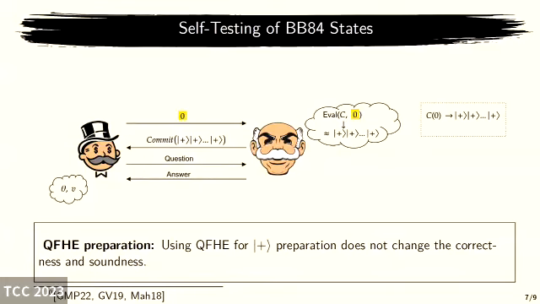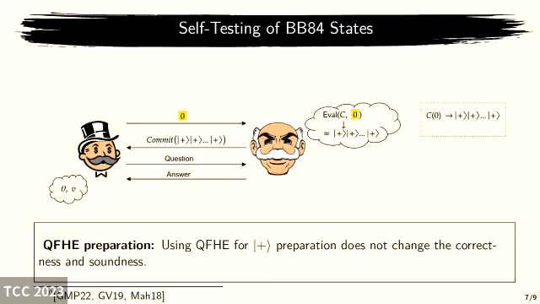The first one is that we can change the way the prover prepares these plus states. This is done by the verifier sending an encryption of 0 to the prover, and the prover evaluating, under the encryption, a circuit C which on 0 outputs these plus states. Actually what we get is not exactly these plus states because they will be masked by the quantum one-time pad, but it is close enough, and it is sufficient to show that with this new preparation we have the same correctness and the same soundness.